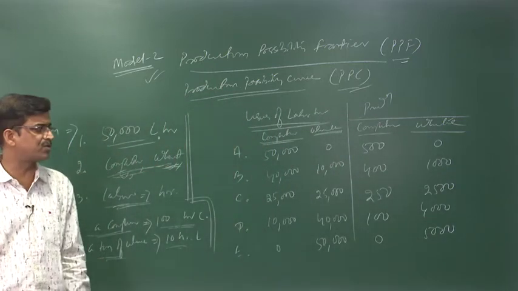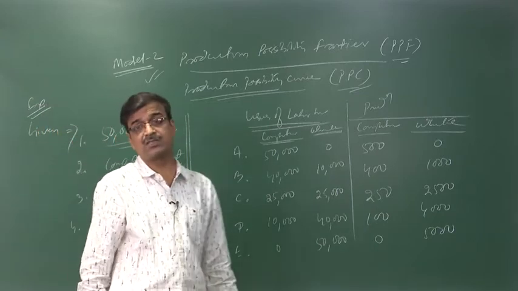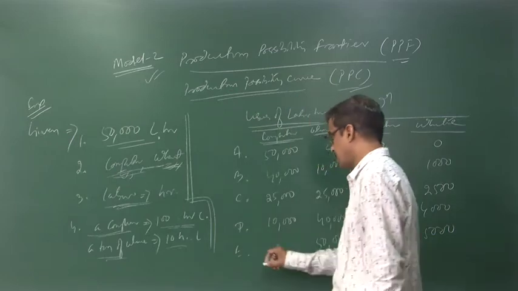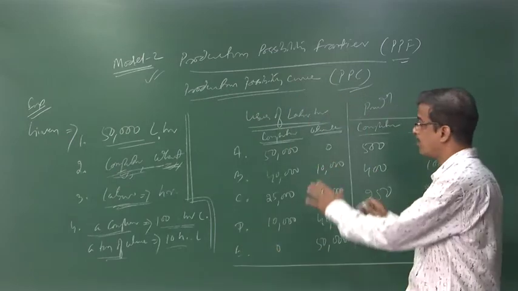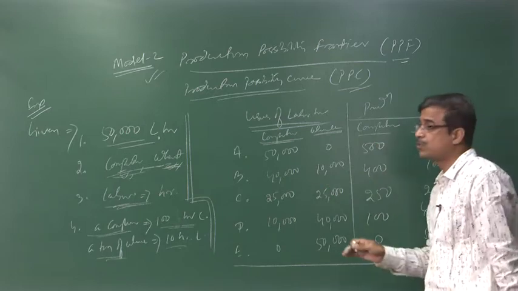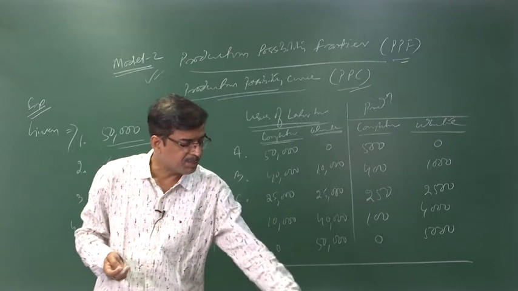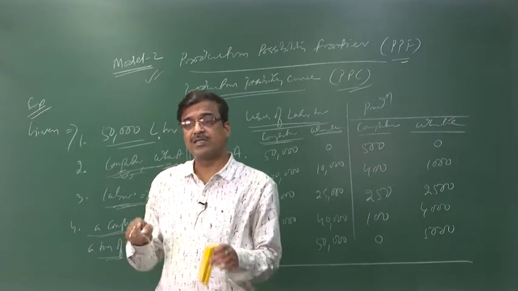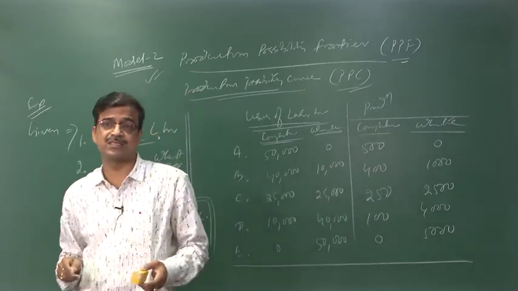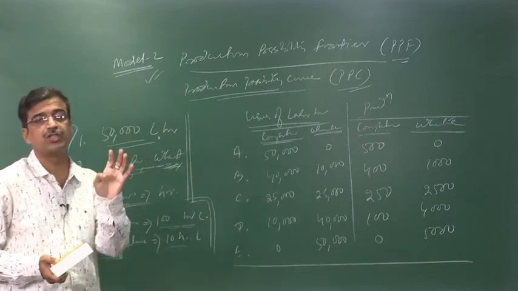So, 5,000 tons of your wheat is going to be manufactured. This is the way of explaining the whole concept: how you have to use available resources in manufacturing the two things. Then what is the production possibility curve? Actually, the production possibility curve is a graphical representation of how you use your available resources to manufacture both